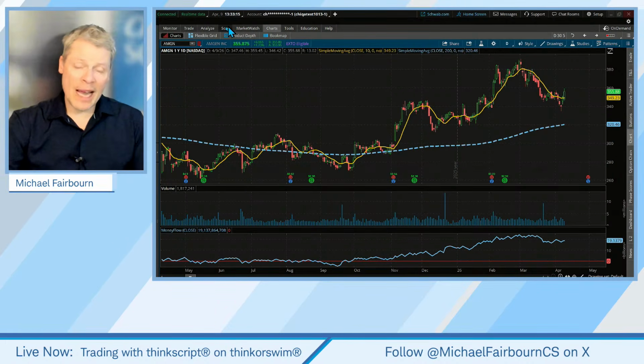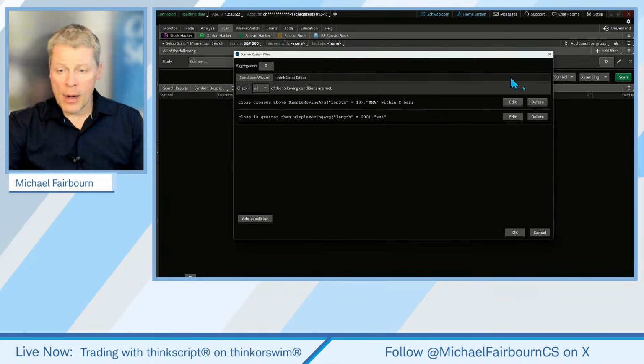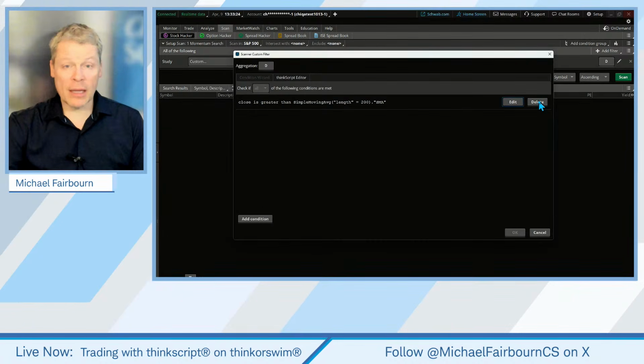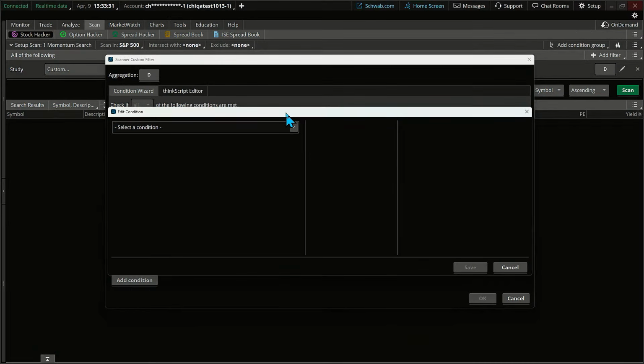So I'm going to use our exact same scan. Well, not the same one. In fact, I'll pull it up over here, and we're going to call this the death cross, which is what they call it. I'm going to go right back into it. The 50 going below the 200, although it would be interesting to have the 50 above the 200, the golden cross, as a watchlist column when those start getting hit.